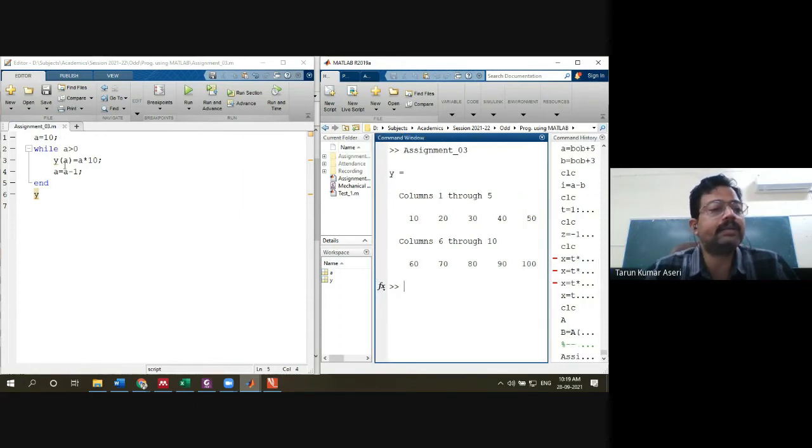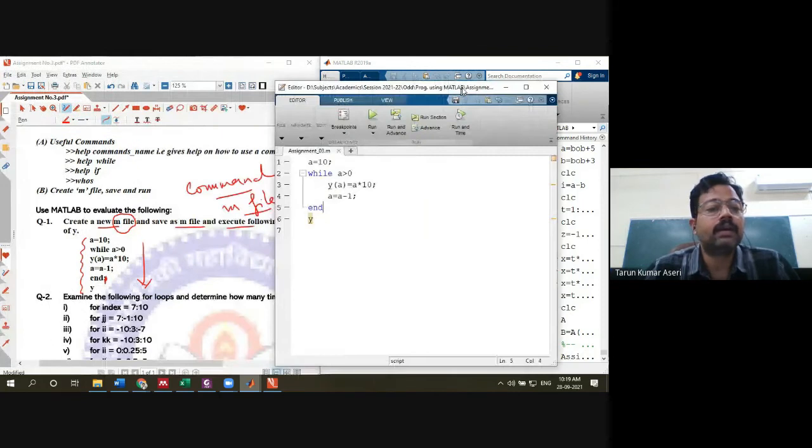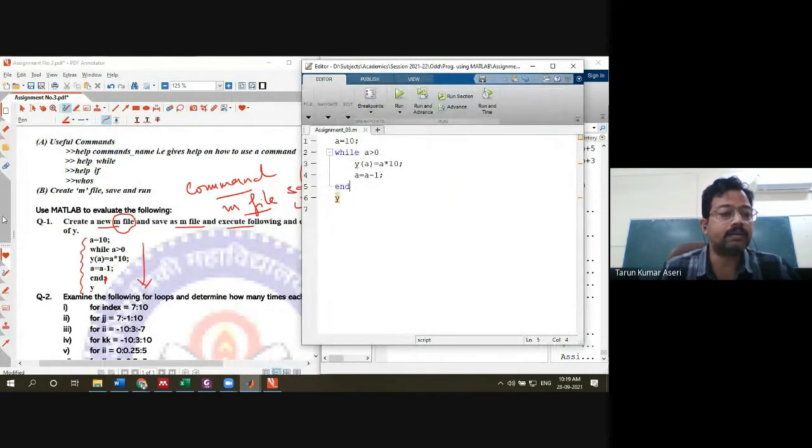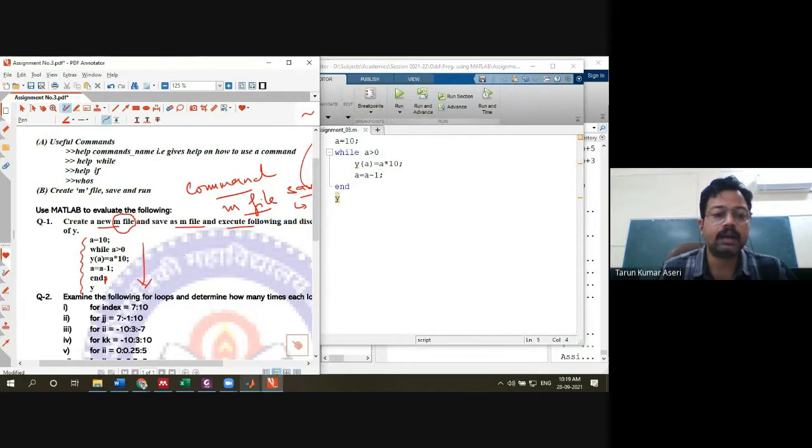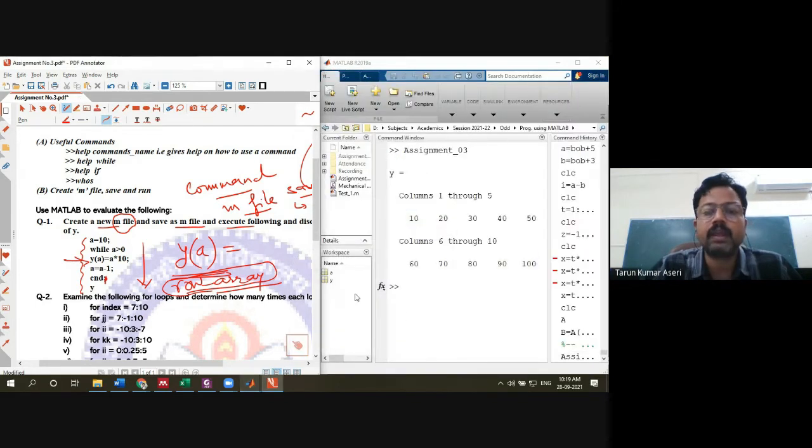Because you provided a mathematical expression y(a) = a times something, this becomes an array: a row vector, a row array, is stored and termed y. The same thing you can observe from here.